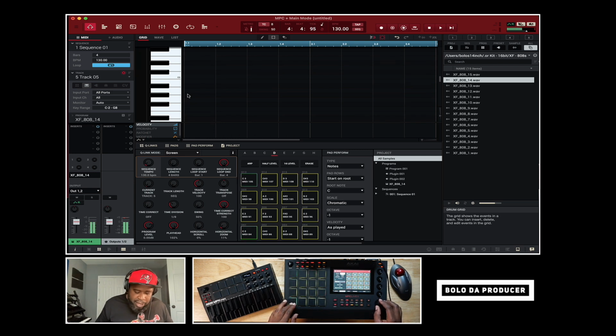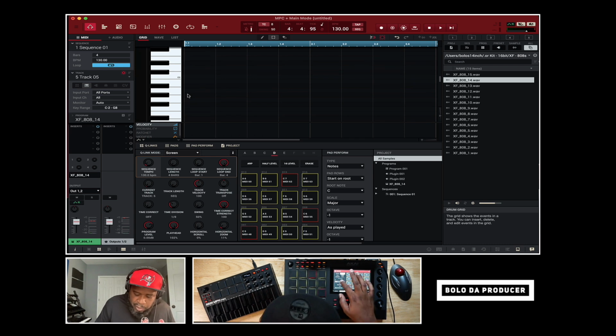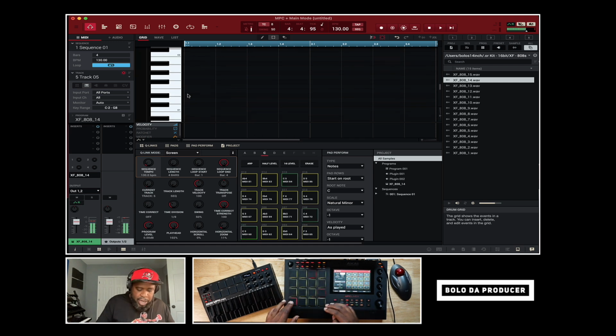So we can have it right here, and we can just keep going all the way up and down, using the different octaves or whatever scales we're using. But we're going to be in C natural minor. Okay, so we're going to go down one, and now we are in the natural minor, which is my root note. Now, the good thing about me having it inside of notes and set on C natural minor, which is C minor, is that all of my notes are now